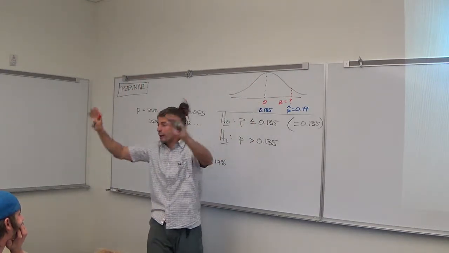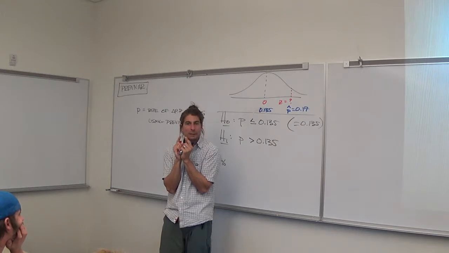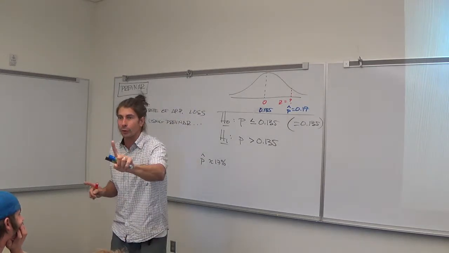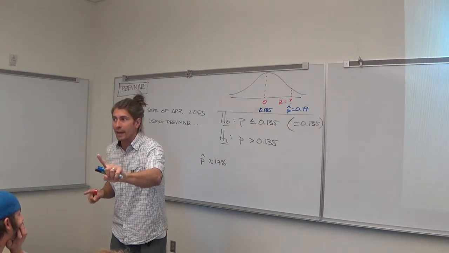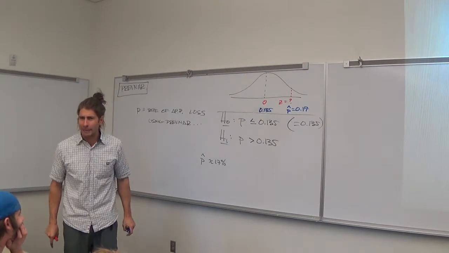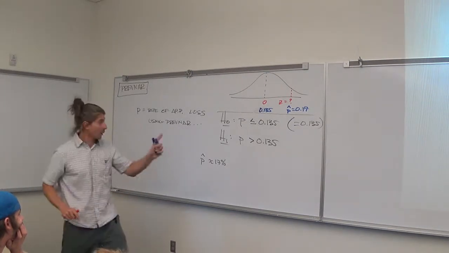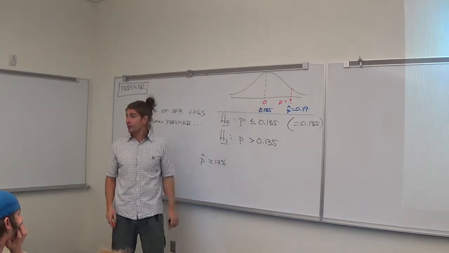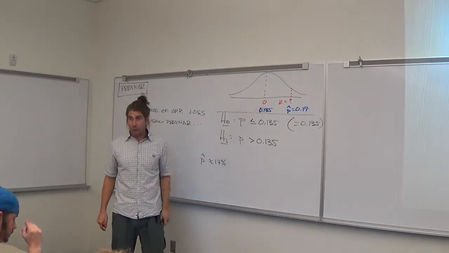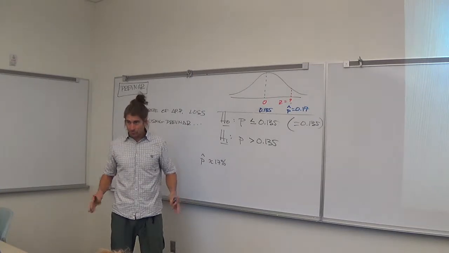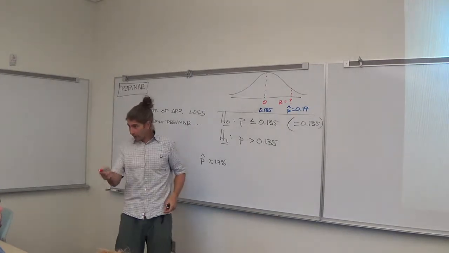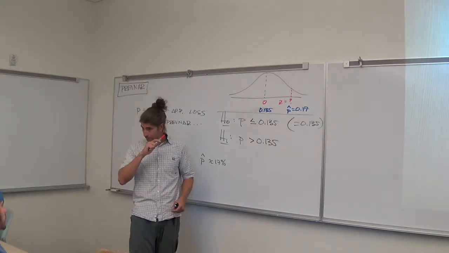So that's based on if the z-score is pretty small compared to 0. We know it can't be negative, right? We know the z-score can't be negative based on our data. How come? Tell me. It's bigger. Because p hat's bigger than little p. The sample is to the right of the population's assumed value. So we know it's going to be positive. The question is how positive. So Brandon's answer is a fantastic one.